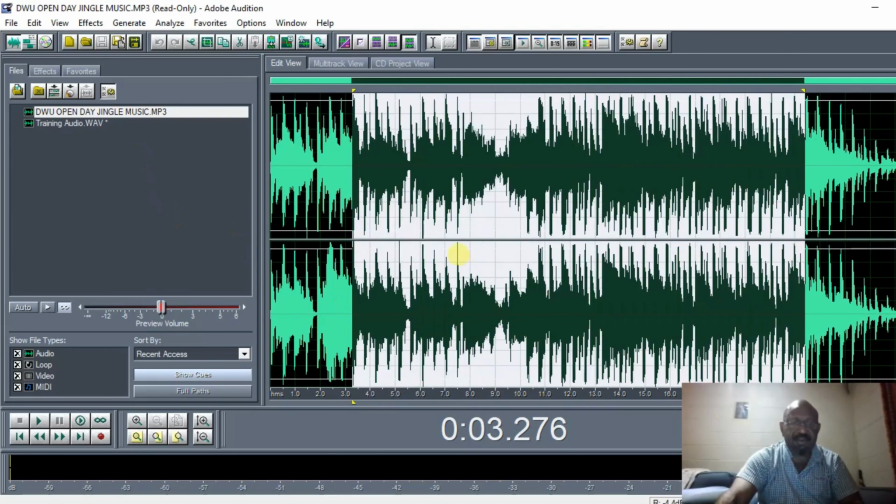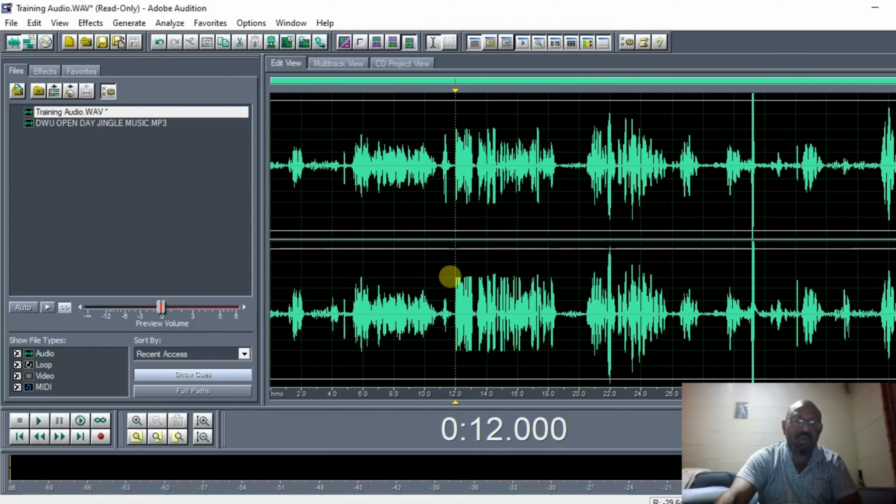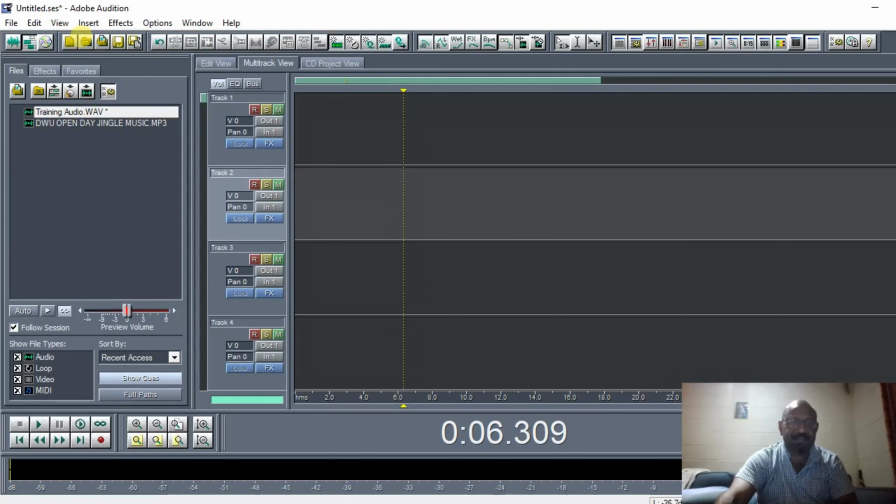Now, this audio is the theme music, the Open Day jingle, and this is the audio recording, the complete set of audio recording. In order to lay them out and to do a complete mix down, you need to go to multi-track view. You click there and it shows you